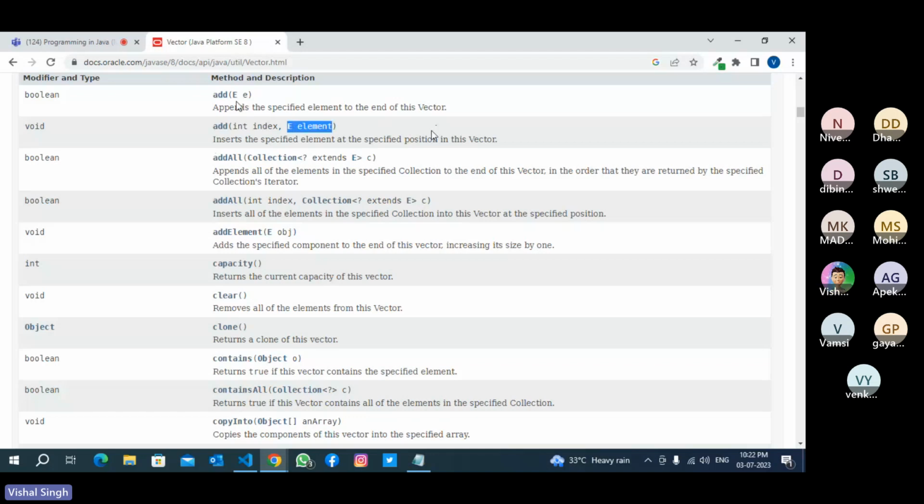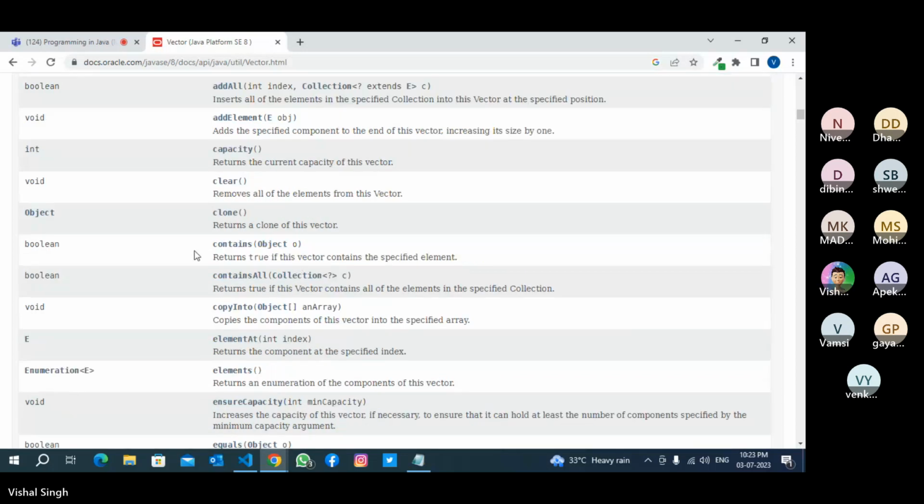Then capacity, clear, clone, contains. Contains checks whether a specific data structure contains a specific element or not, and it just returns true or false.